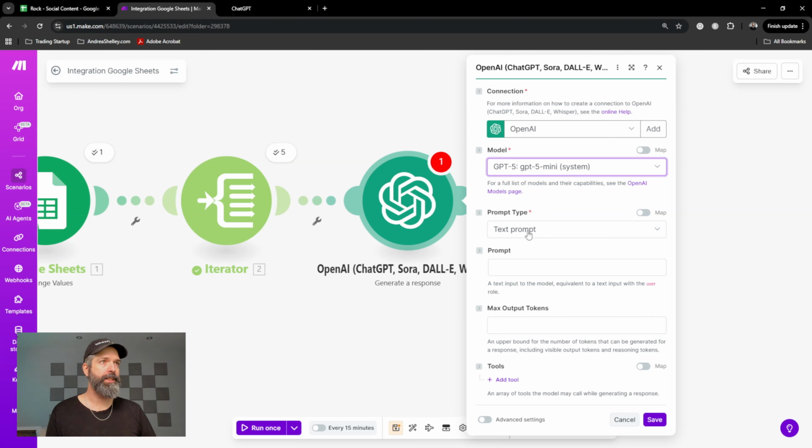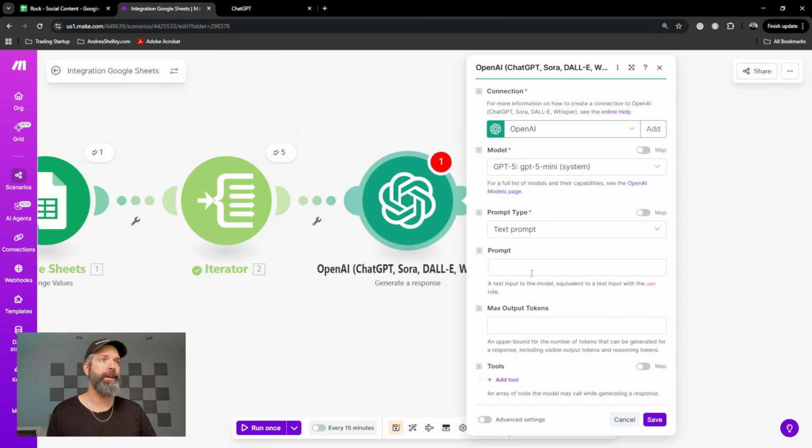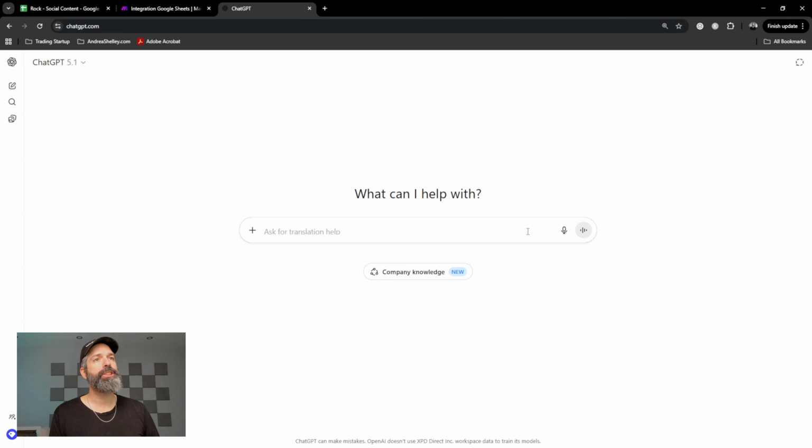The type of prompt we're going to send is a text prompt, and then here is where I enter my prompt. Now, if you're not a prompt expert, the easiest way to create a prompt that will do the job is to just get ChatGPT to help you do it. So I'll go over to my ChatGPT account and I will just dictate roughly what it is I want it